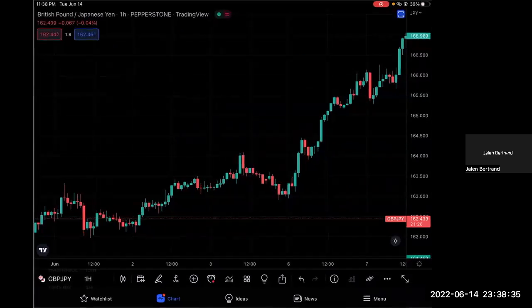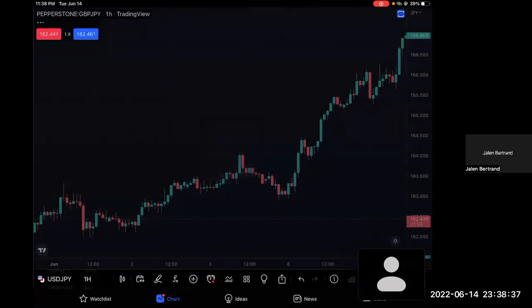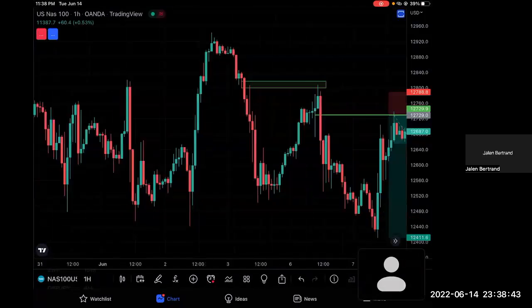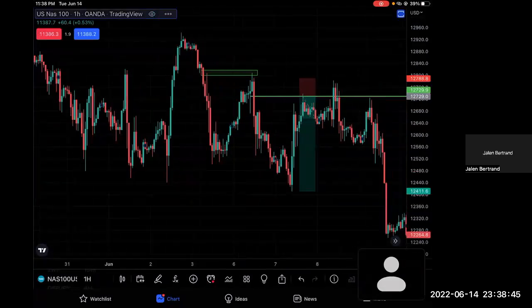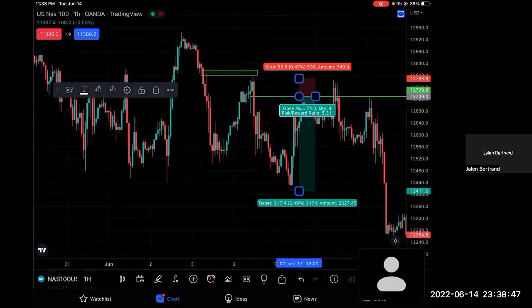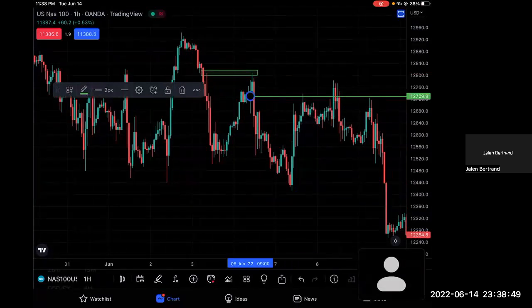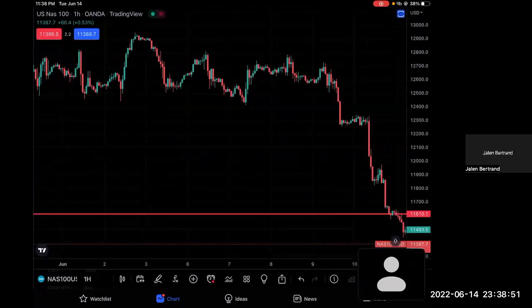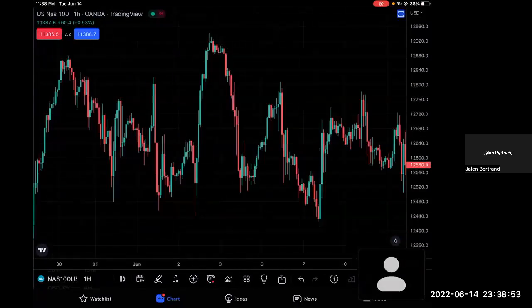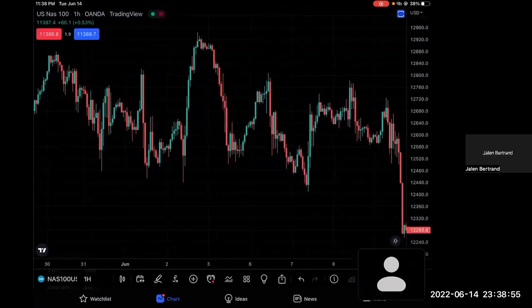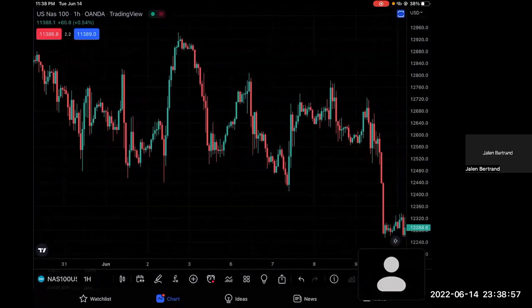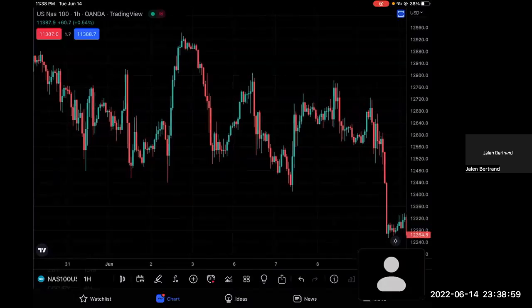I'll do one more because I don't want to take up too much time. I'll do NAS 100 just to do an indice. Let me get rid of this. Let's get rid of these. So for instance, like NAS, this tends to do this a lot. So what it'll do,